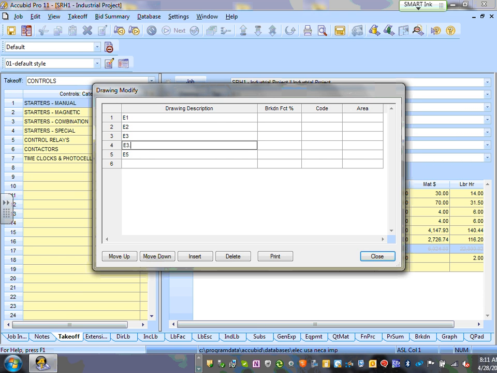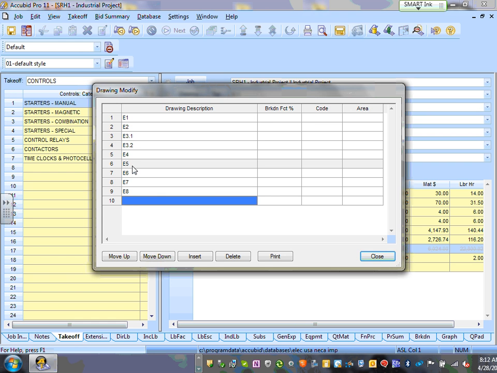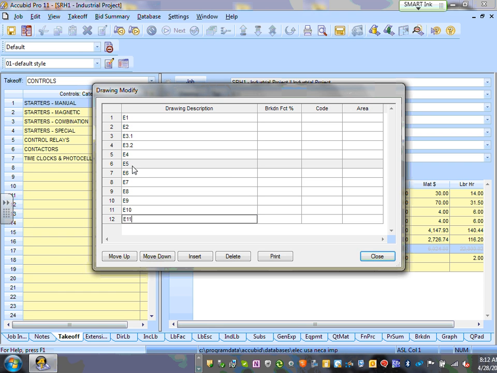So this is my E3.1, my E3.2. Oops, E3.1 and 3.2. Everybody's following that one? 3.2, before you start doing the takeoff. And then E4, 5, 6, all the way until 12. They're the same, guys. So E5, E6, E7, E8, E9, E10, E11,